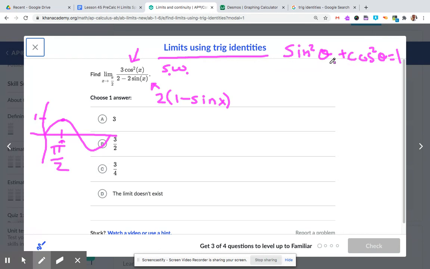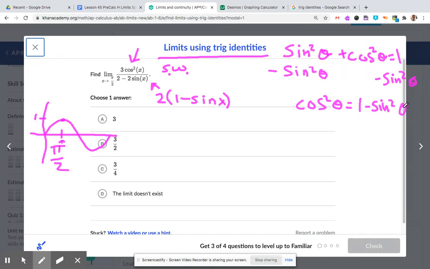And I'm going to use the fact that, let's go ahead and solve for cosine squared. So I'm solving for cosine squared. Minus sine squared to both sides, and I get cosine squared is equal to 1 minus sine